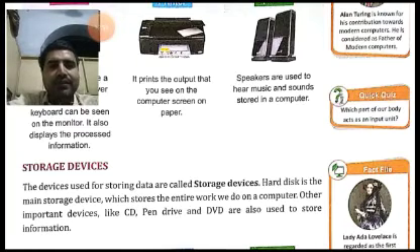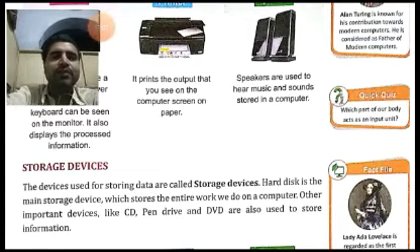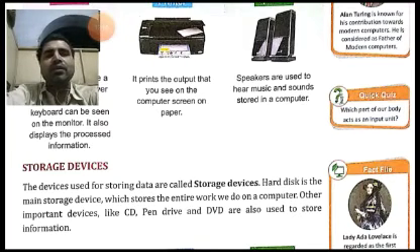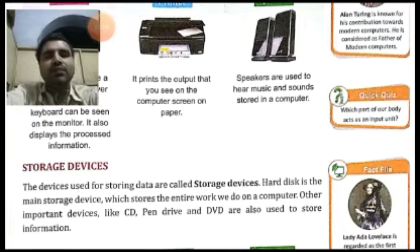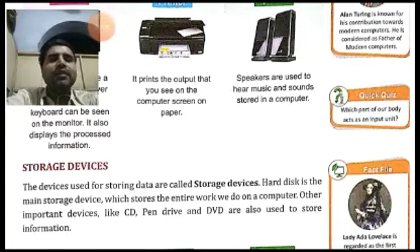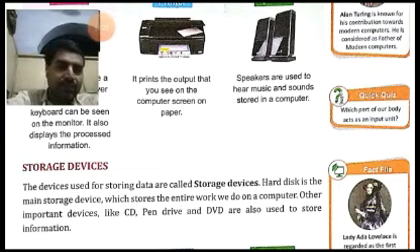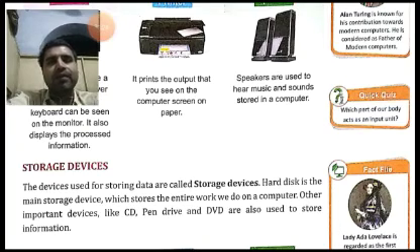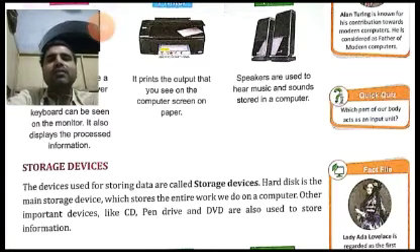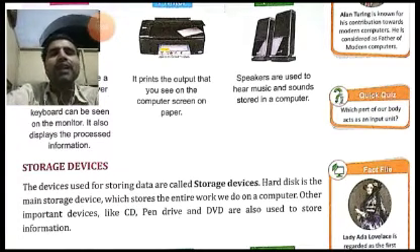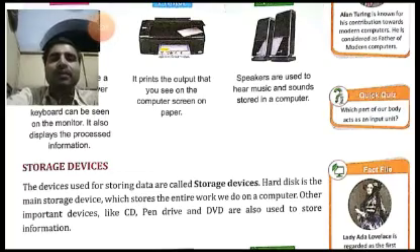Other important devices like CD, pen drive, and DVD are also used to store information. The CD and the DVD are not used much these days, because today the pen drive has come in the place of CDs and DVDs. Today pen drives or USB drives are used by all of us for storing information and for carrying information from one place to another. Pen drives are used for copying information from the computer to the pen drive, and after we have saved something in it, we can easily carry it anywhere, because pen drives are very small and very easy to carry.